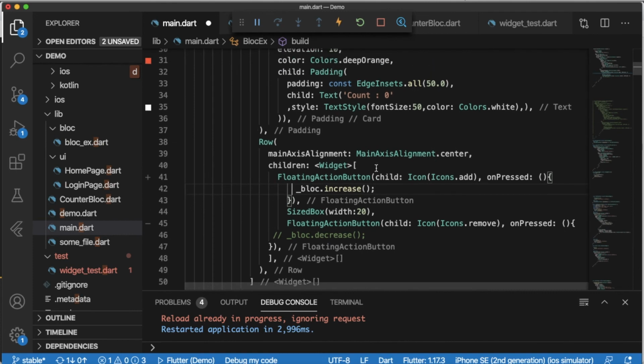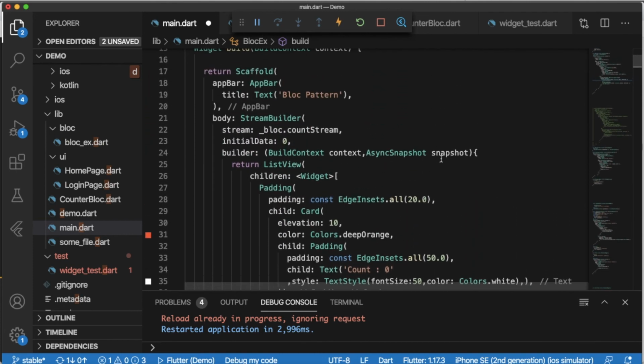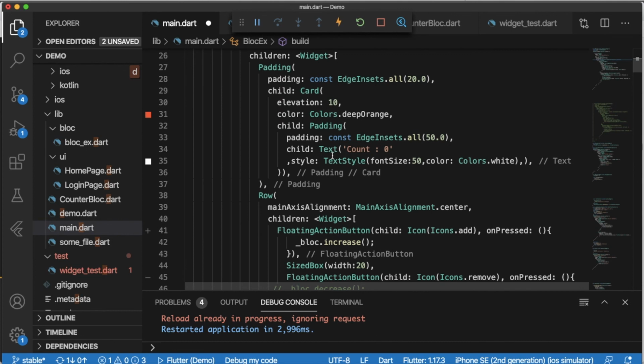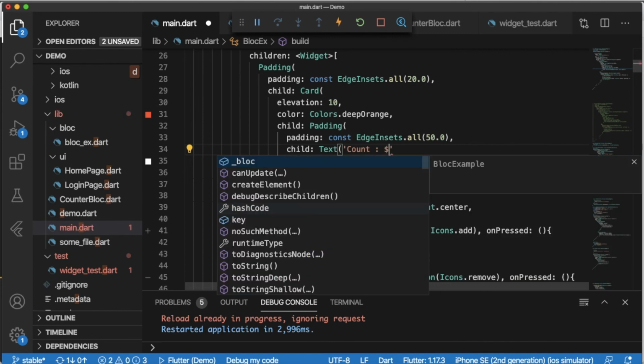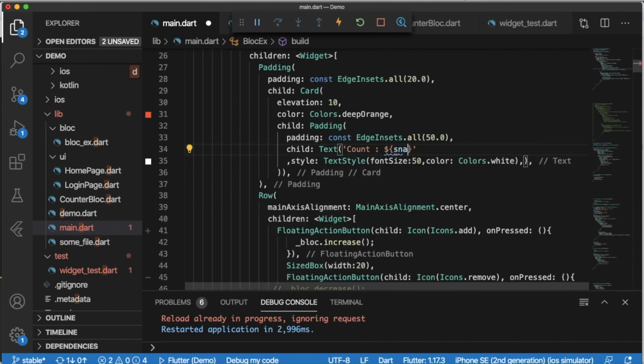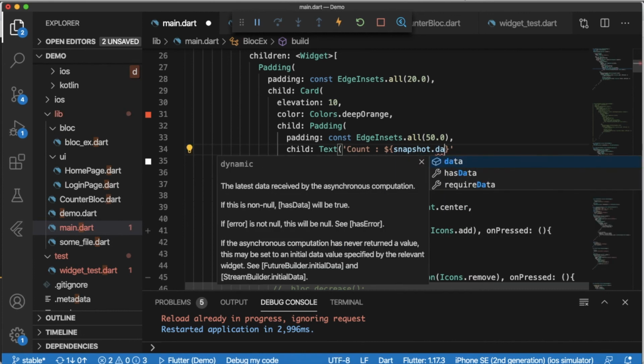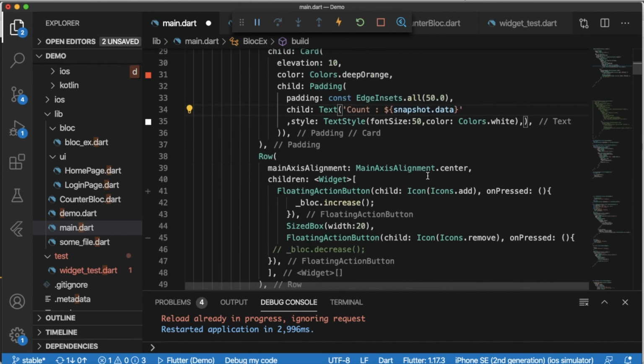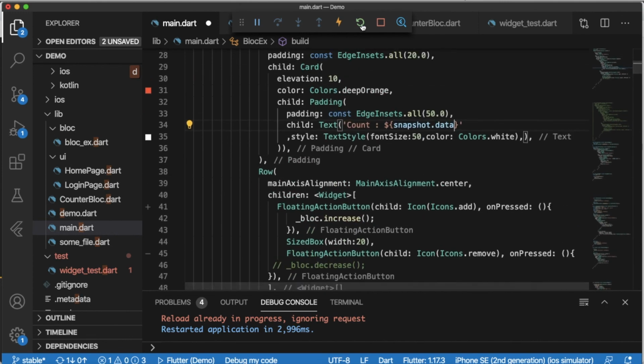Okay, and that sync value we will get in our snapshot, and after getting this value from the snapshot I will update our label or count. So I will replace this 0 with a dynamic value. So dollar of snapshot dot data. In the data you will get the value from the stream. Okay, and let's run this application.